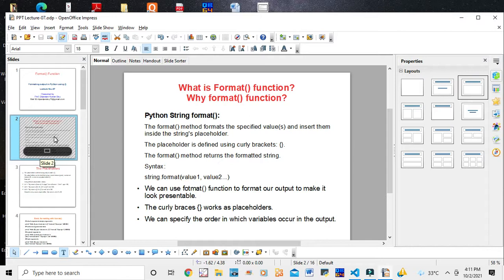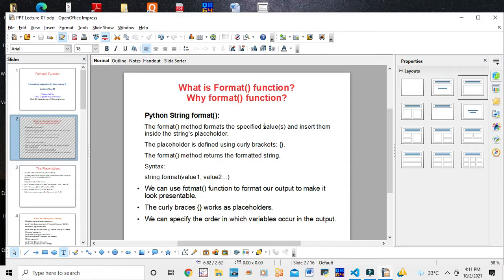So what is the format function? Why the format function? First, this is the theory. I'll discuss theory simultaneously because theory comes in the exam. Python string format: the format method formats the specified value and inserts it inside the string placeholder.